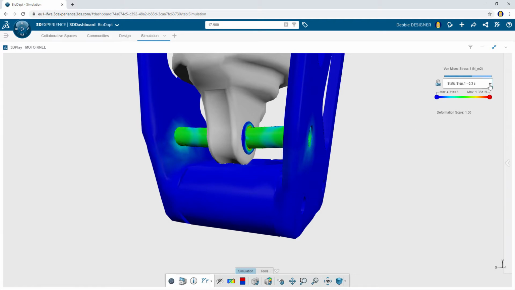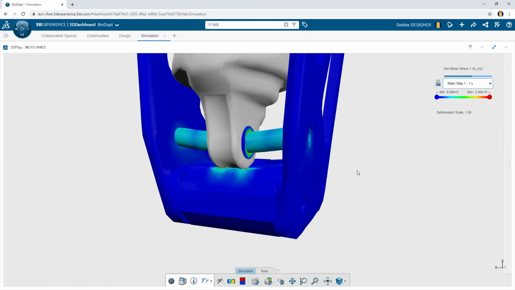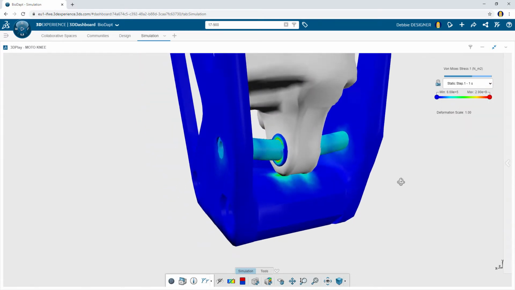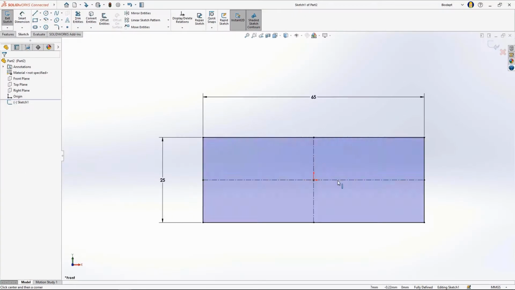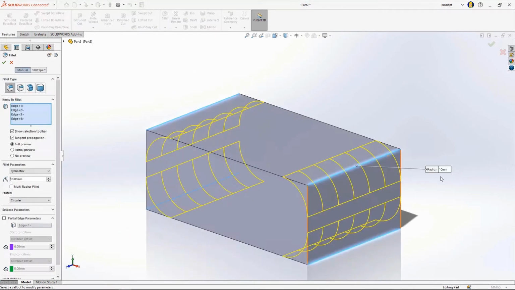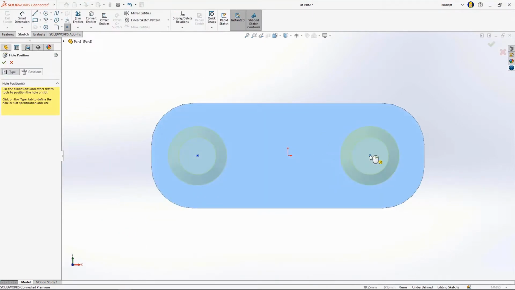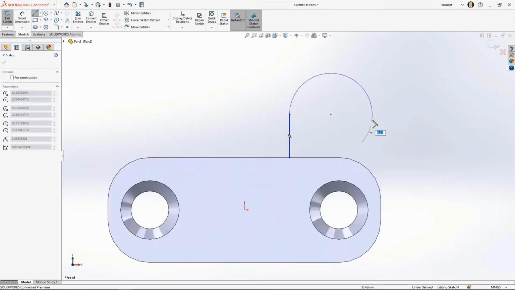Adam's simulation results can be viewed right from a web browser, and Debbie confirms that the lower bracket definitely needs to be redesigned based on Adam's findings. The simulation results tell Debbie where the changes need to be made, and she starts to design a new revision